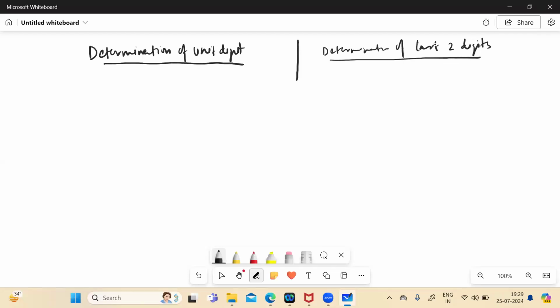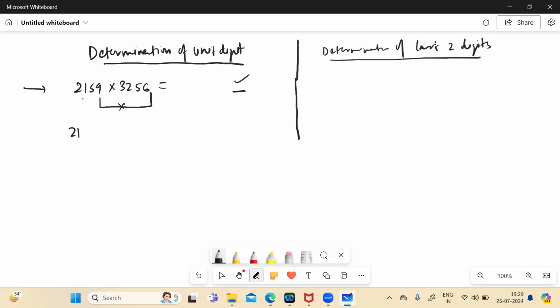For any power. Okay. So the underlying concept, the first concept, is that if any two numbers are getting multiplied, like 2159 into 3256, the last digit of this multiplication will be the same as the last digit of 9 into 6. How do we prove that? We can